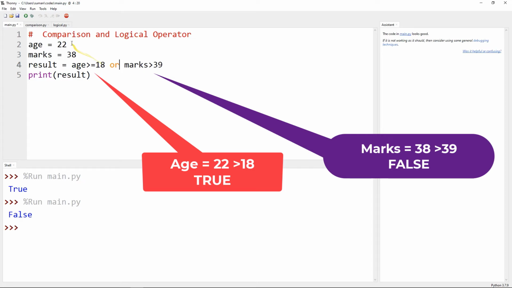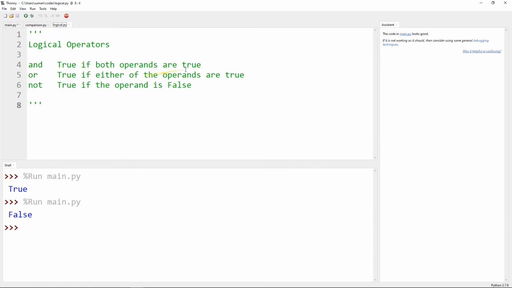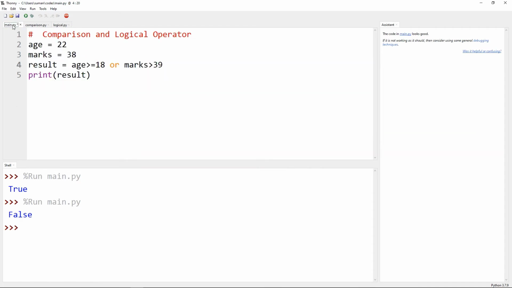If either of the operands is true, the result is true, so the result must be true here. If any one of the expressions is true, the result would be true in the case of the OR logical operator. Once again we change the value from 39 back to 36.